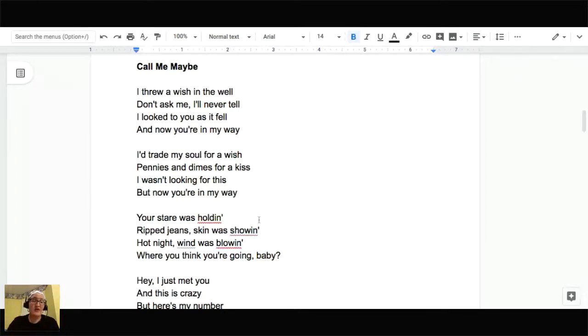Does the rhyme scheme and the rhythm scheme match up with that tone in this particular song, in your opinion? Or what about the rhyme scheme does match up with that tone, I should say? My answer is yes, it does match up with that tone. What about this rhyme scheme in Call Me Maybe matches up with the tone and the theme of the song? This is the kind of thing you have to answer on the AP exam. How does the rhyme scheme actually make meaning?